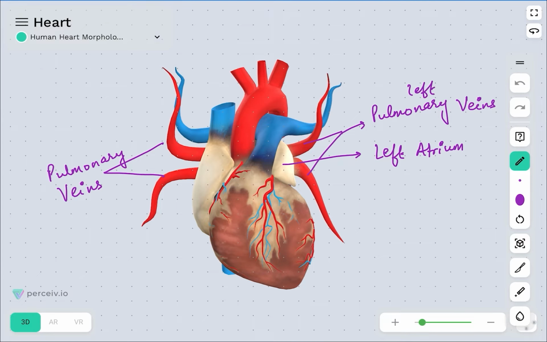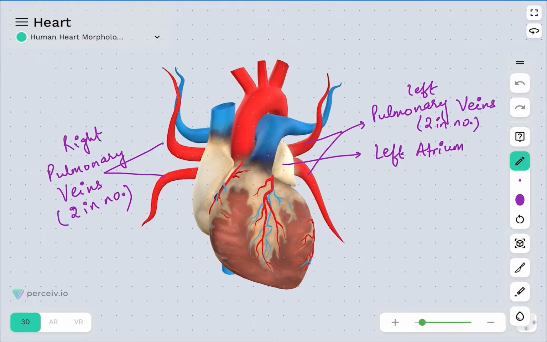So these are left pulmonary veins that will come from the left lung. This is 2 in number. And these are right pulmonary veins which will come from the right lung, and since these are veins, so they will carry the oxygenated blood. All right, arteries carry oxygenated blood and veins carry deoxygenated blood, except there is an exception, and that is pulmonary veins. Pulmonary vein is the only vein that will carry the oxygenated blood towards the heart. So basically, this right pulmonary vein is also 2 in number. All right, so these are the blood vessels.